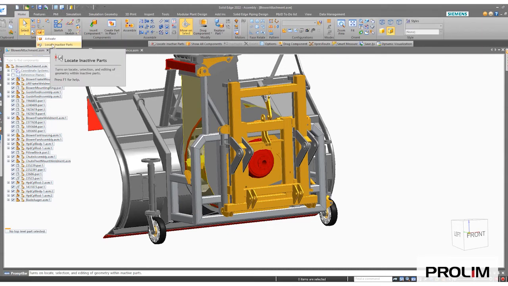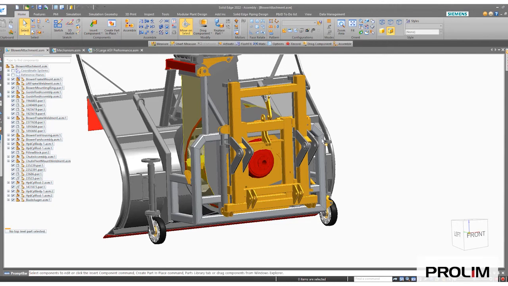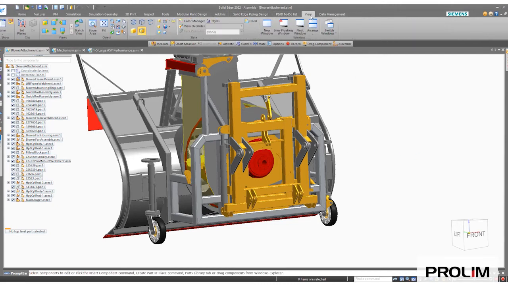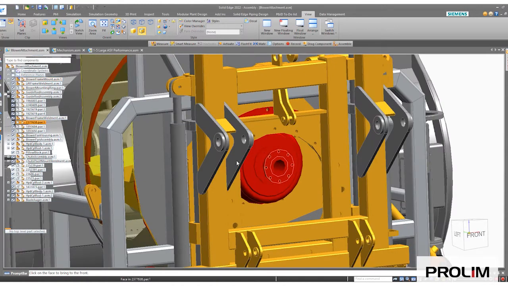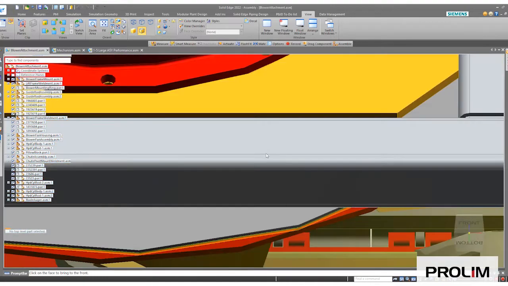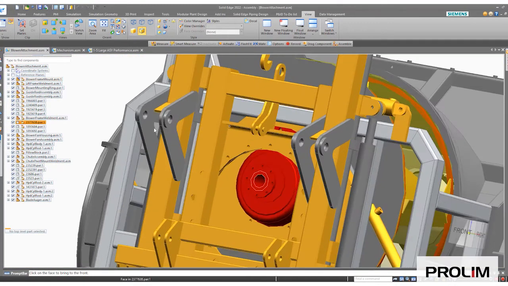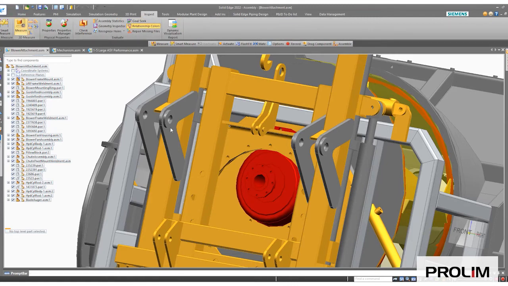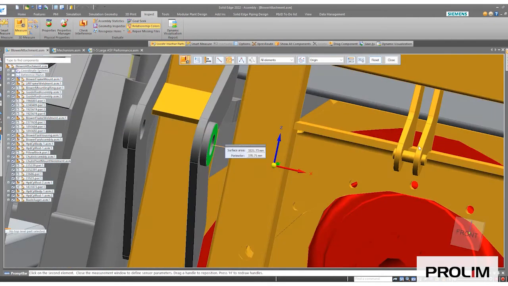And I'll go ahead and do this locate inactive part. So again, it turns on locate selection and editing geometry within the inactive part. Now we have some further controls. We can go to view and look at the face. You can see that things are starting to highlight here, so I can look at that face if I wanted to. Now if I want to go to the inspect tab, do a quick measurement of this face